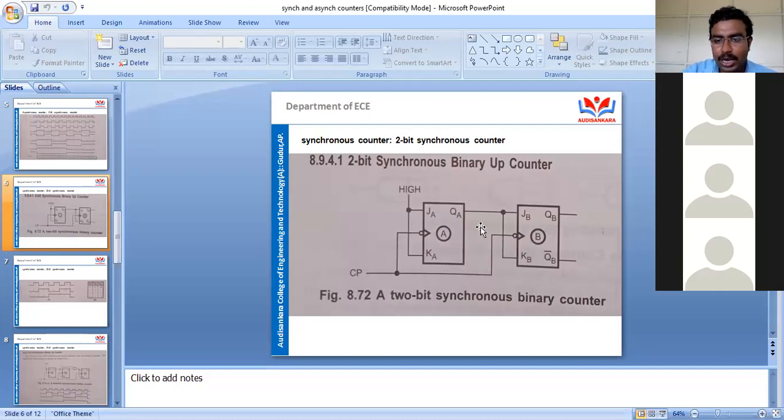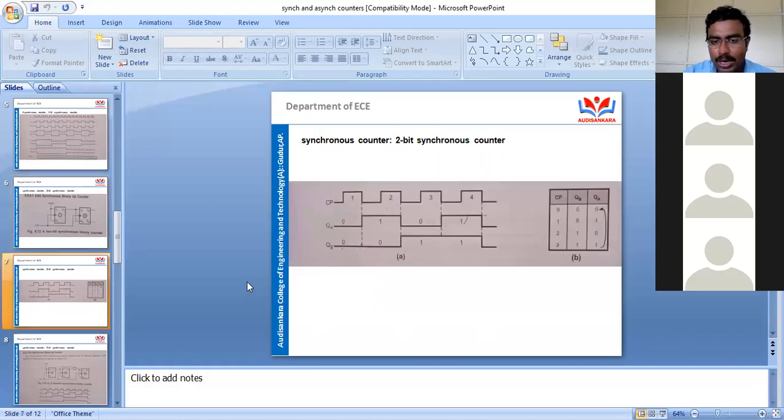Let me tell you how this synchronous 2-bit counter is going to work. So I told you how the connections are. Clock is common for all the flip-flops. The first flip-flop's input is given with high, and the output of the first is given as input for the second one. Okay, that is your connections. Let us go here, students. Here are the waveforms to explain the 2-bit counter. Now, let us go for waveform analysis, students.